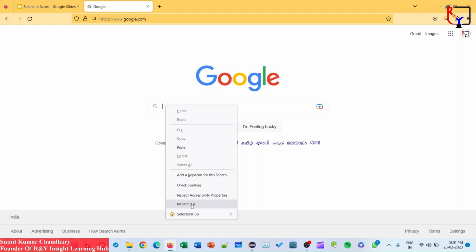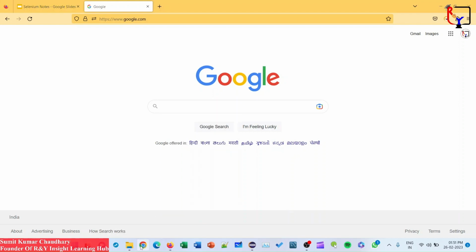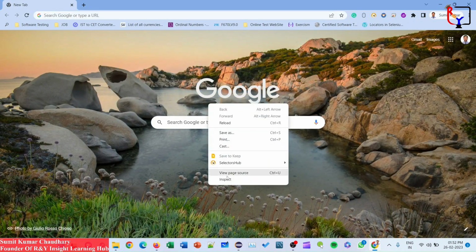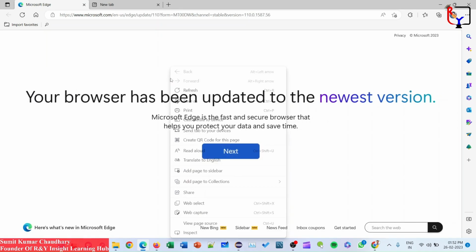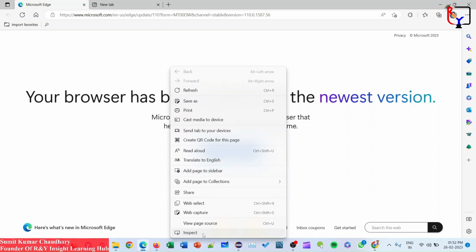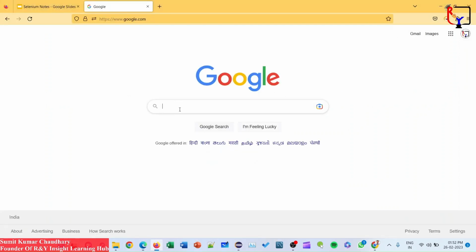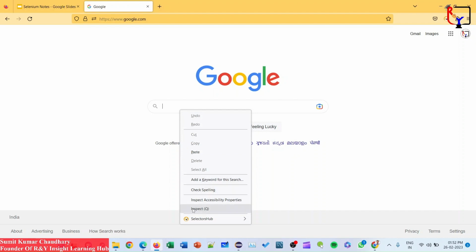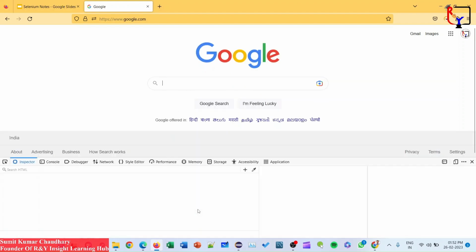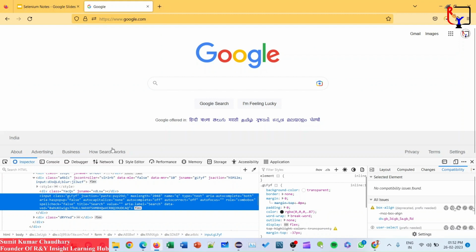In Chrome we have inspect, and in Microsoft Edge we have inspect as well. Every browser has this. As soon as you click on inspect, the browser opens